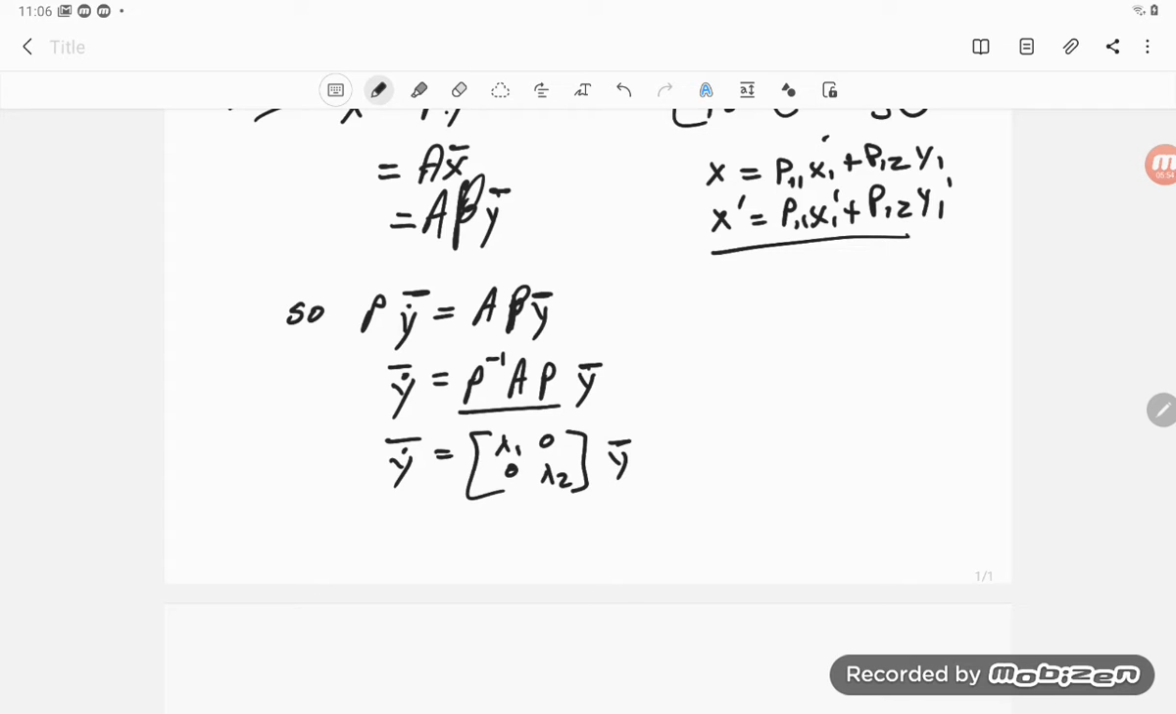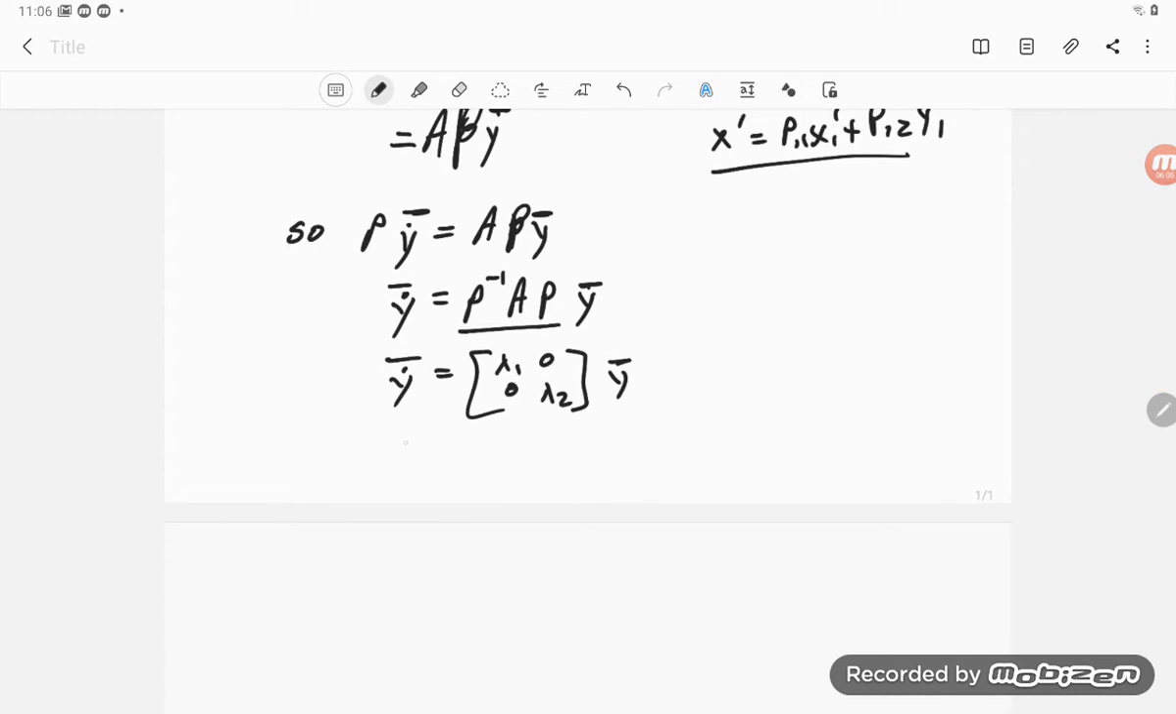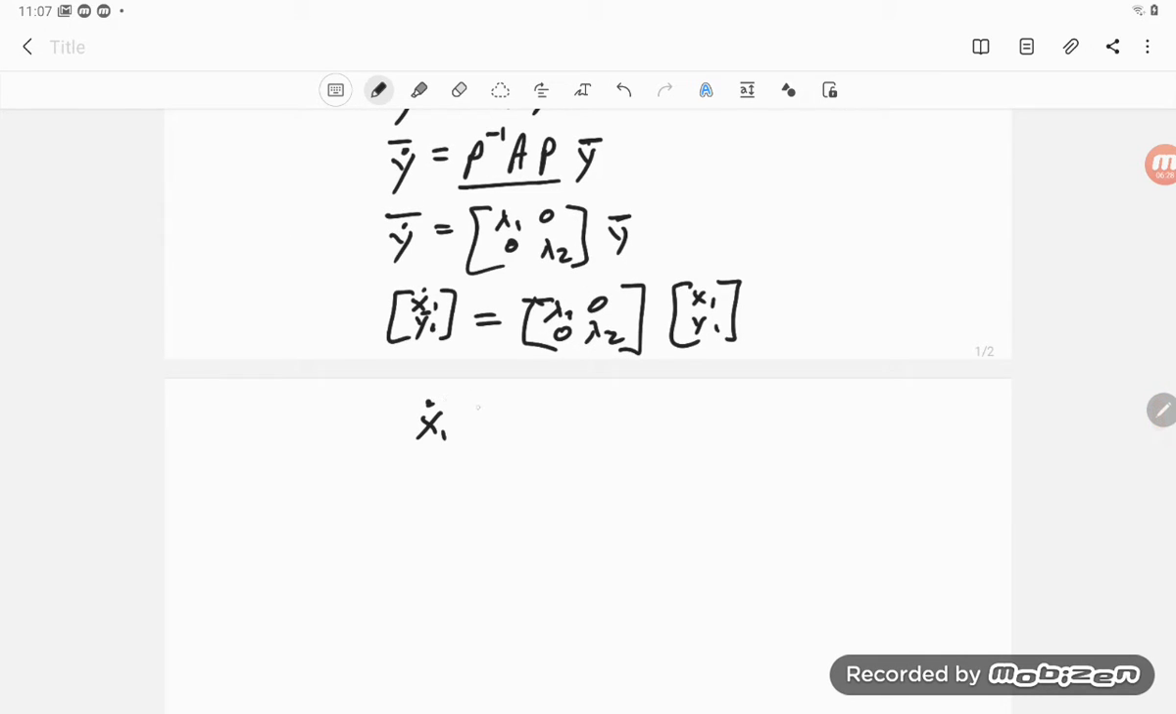But now you see that makes two simpler differential equations that are what we call uncoupled. This then is saying that x1 dot, y1 dot is equal to our matrix lambda 1, 0, 0, lambda 2 times x1, y1. But if we write that out, you see it's just saying x1 dot is equal to lambda 1 x1, and y1 dot is equal to lambda 2 y1. But both of these are pretty simple to solve